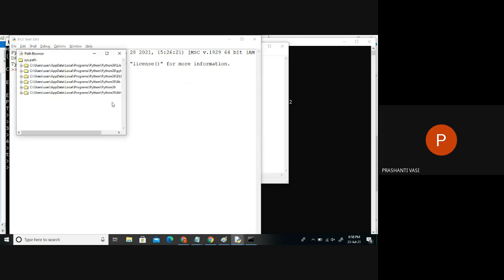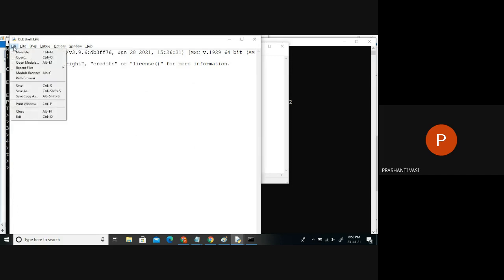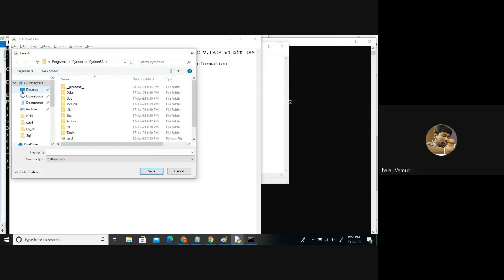It's in a different path. It's not in the same path. It's in a different location. Even if I say File, Save As, you'll come to know. Is it in the E drive? It's not in the C drive, currently. It's in Python 14, right? Yes, it is in the E drive, Python 14.